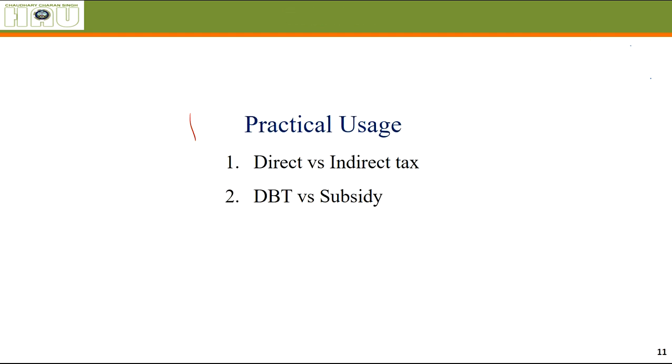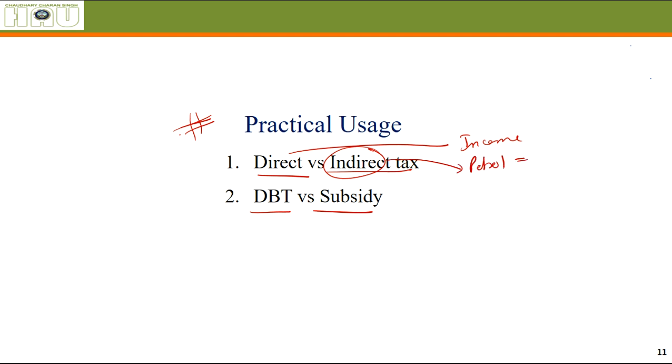What are the practical uses of this concept of consumer surplus in our real life? We will be studying two examples: direct versus indirect tax, which is better. Direct benefit transfer means giving you the money directly, or subsidizing the products, that means making the products you consume cheap. Direct tax means your income tax, where wherever you are getting income from, your money is just deducted from there only. Indirect tax is, for example, the tax on petrol. Let's say its manufacturing cost is rupees 50 plus rupees 20 tax, and then it is given to you at rupees 70. So this tax which increases the price of something is called indirect tax.